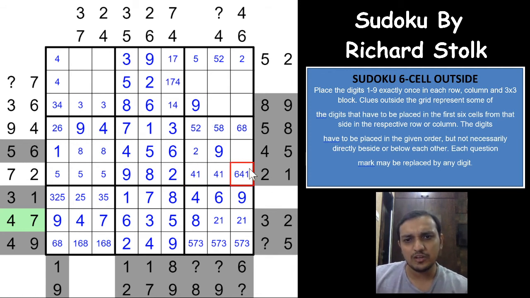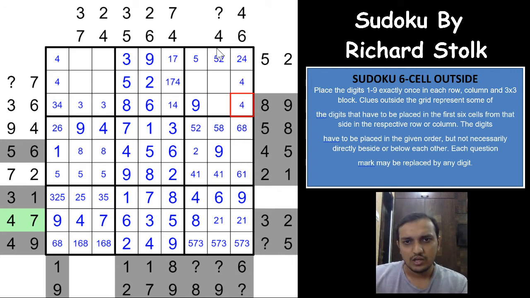And this cell cannot be a 4 now, because after the 4 you need a 6, so this would be 6 1, and a few more possibilities. I've just 4 will have to be in one of these two cells, which means 4 cannot be in any of these three cells, so 4 will have to be in one of these three cells now. And after that you'll have 6.